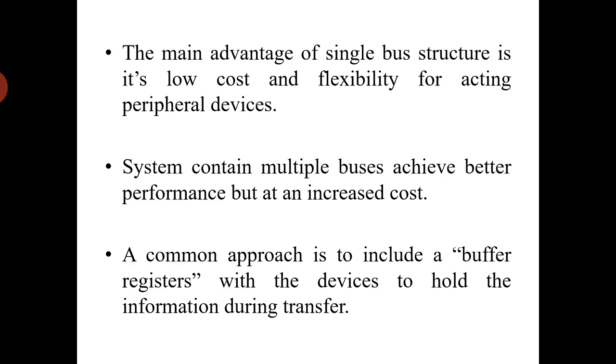And next, the devices connected to a bus vary widely in their speed of operations. Some electromechanical devices such as keyboards and printers are relatively slower compared with others like memory and processor units. So compared with the memory and processor units, keyboard and printer work slowly.